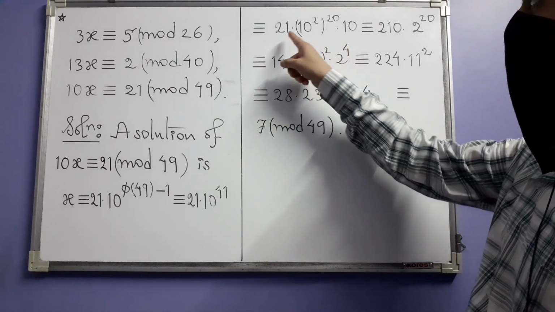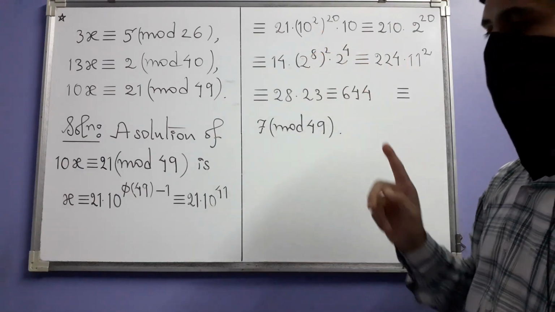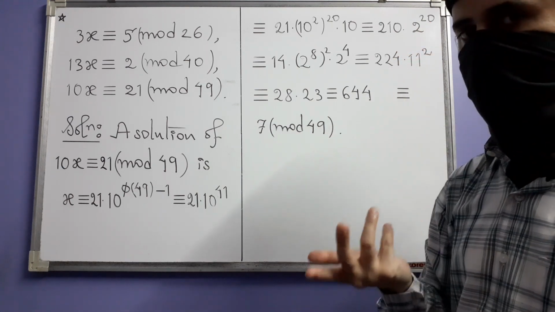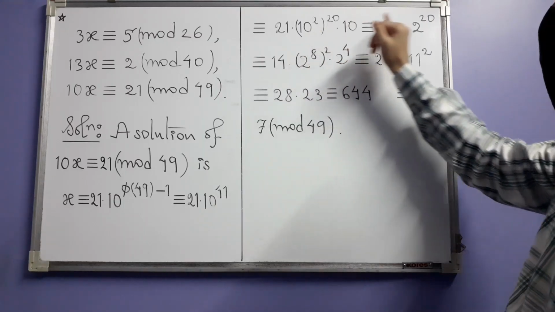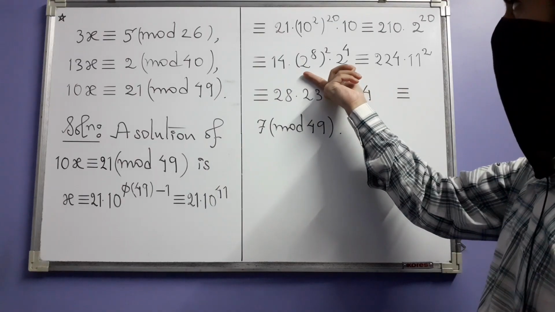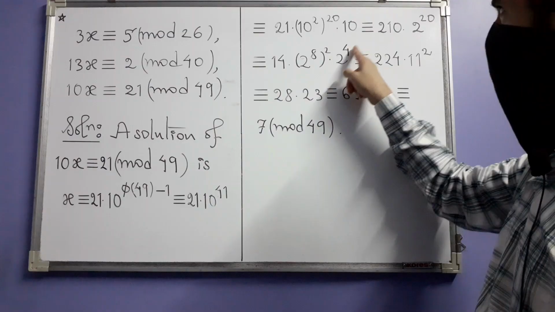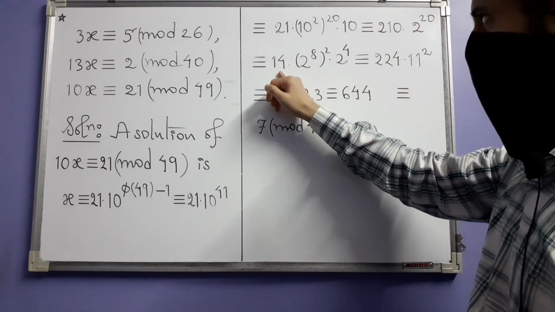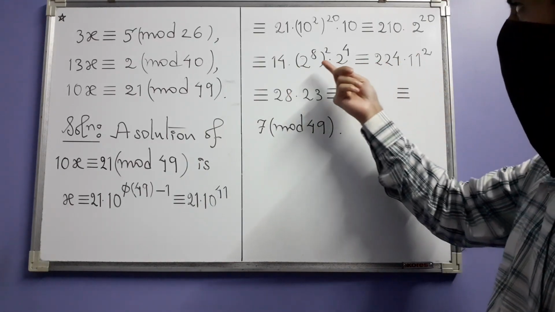And then we multiply 21 and 10, we get 210, and 10 squared, it turns out, is congruent to 2 modulo 49, which is a simple thing to verify. So here you replace the 100 by 2, and then you further split this power of 2 like this. 8 times 2 is 16 plus 4 is 20. So here you have 16 and here you have 14, you multiply these two, you get 224 times the 8th